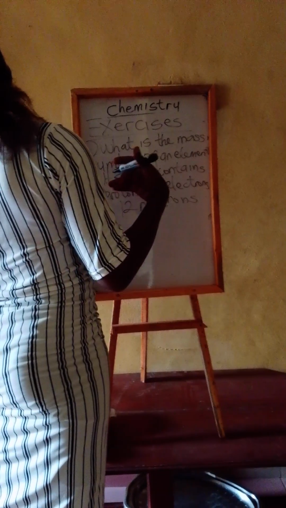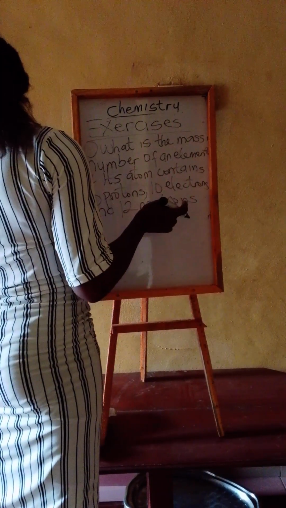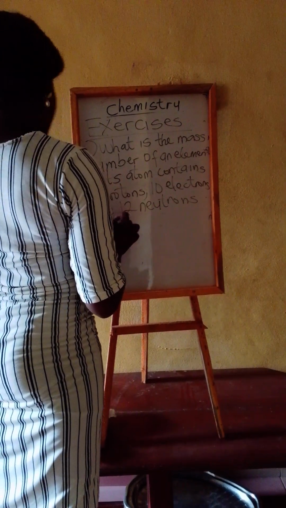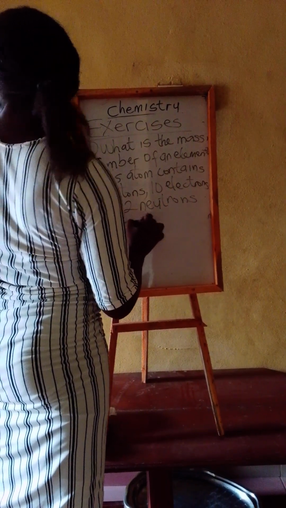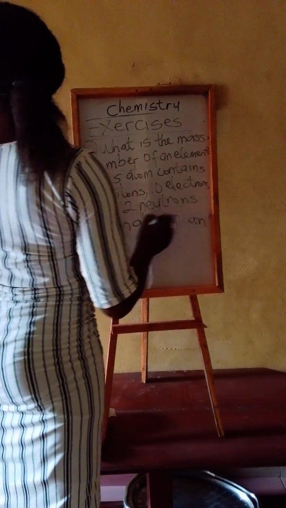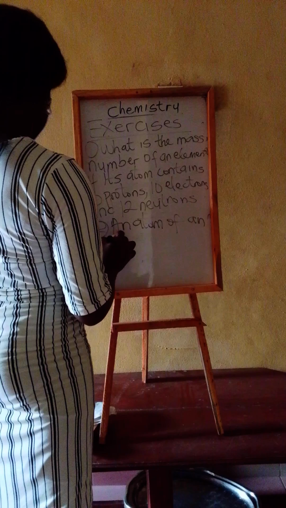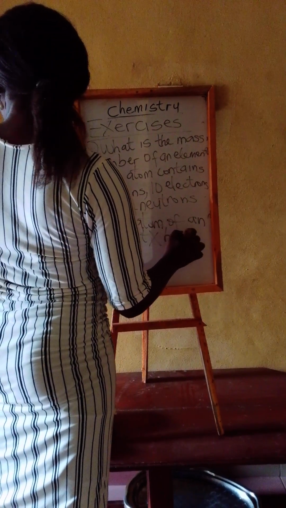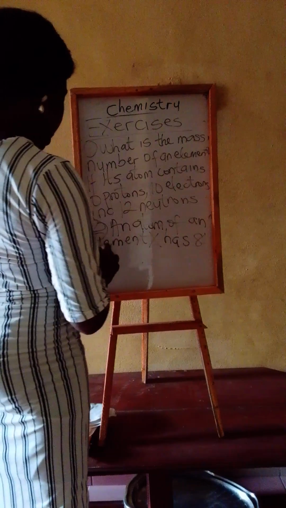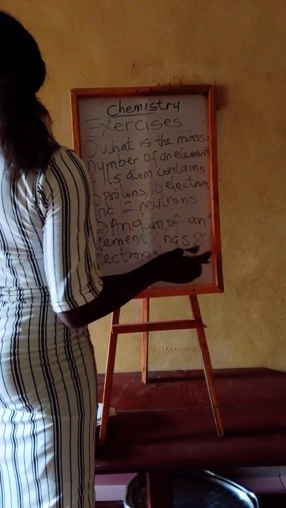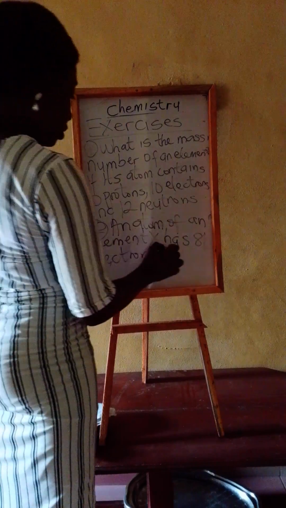Let's check some other examples. So example 2. We have an atom of an element X that has 81 electrons